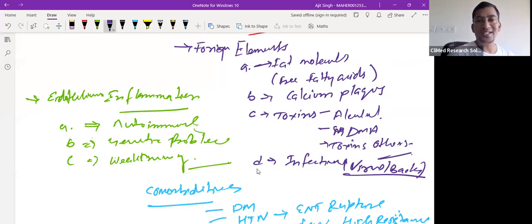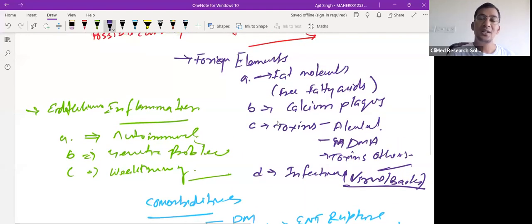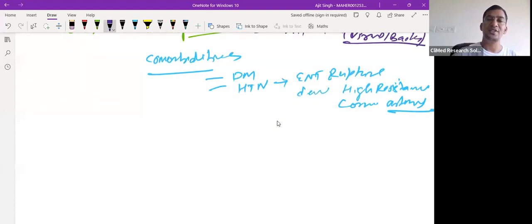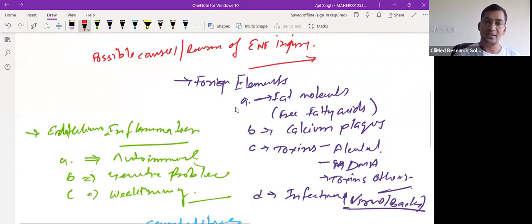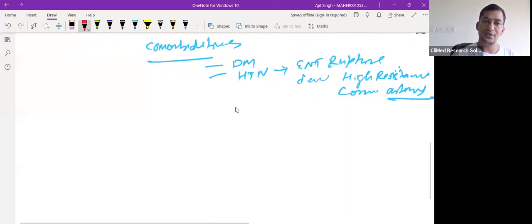So these are multiple factors presenting inside your circulatory system. Now, outside the circulatory system, what else can you think of, guys? So let's give this: 1 is foreign particles, 2 is endothelial inflammation, 3 is comorbidity,